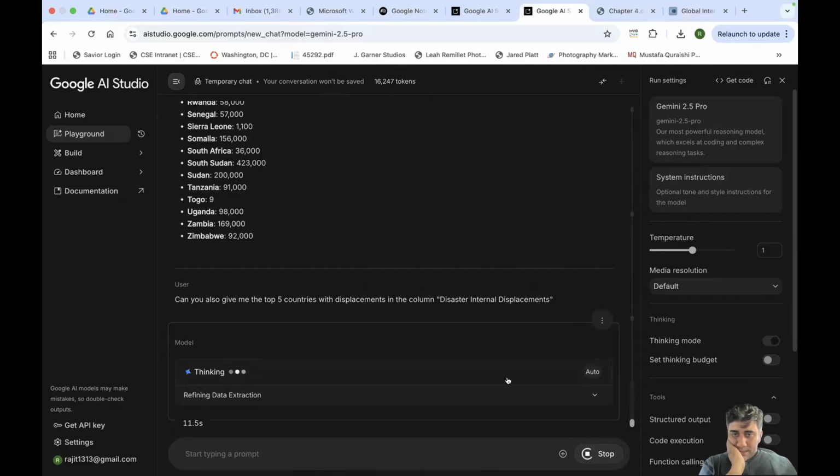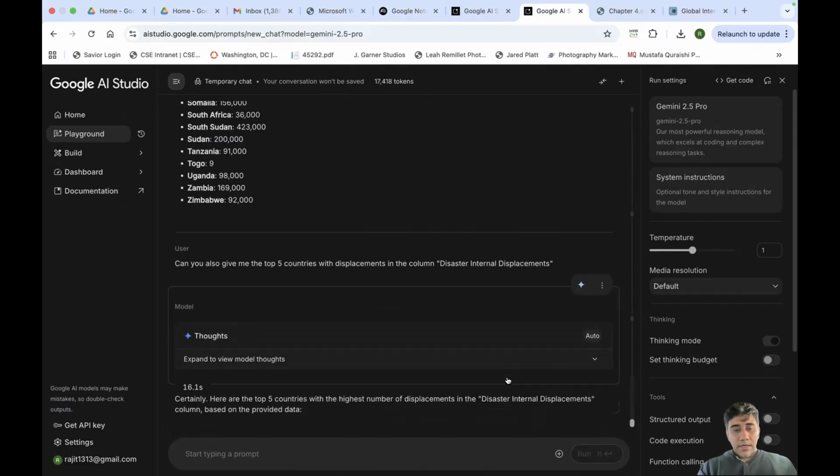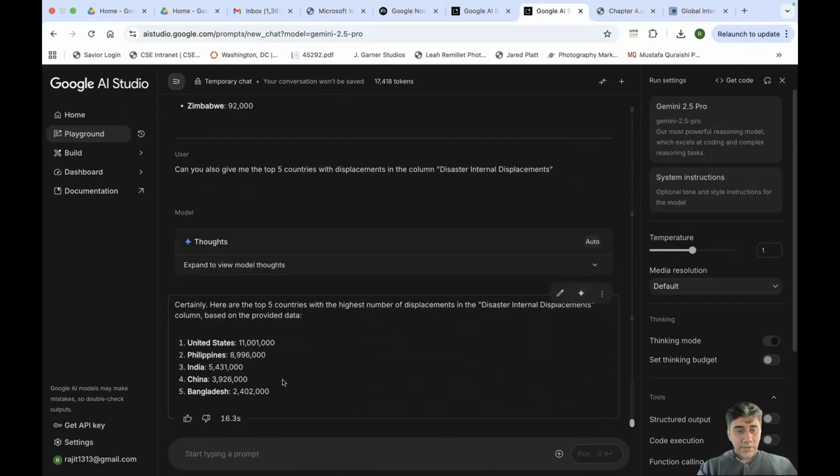So it is basically pulling out the top 5 or the 5 worst affected countries due to disaster-related internal displacement in 2024. And it is done. So you've got US, you've got Philippines, you've got India, you've got China, and Bangladesh. These are the 5 worst affected countries due to internal displacements led by, so it is basically from this column,